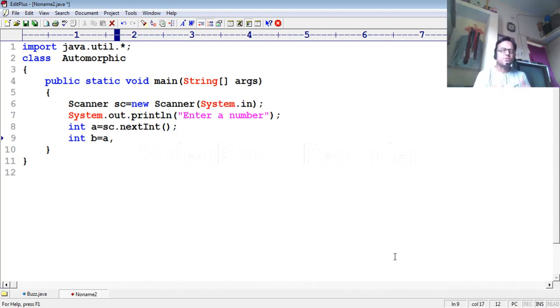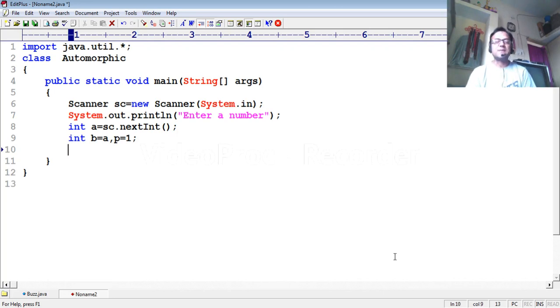So I'm going to take a variable p, and initially I'm going to initialize it with 1 because I'm going to perform the product on p. If you use 0 and then perform the product, the entire value will be 0. That's why during a product or multiplication process you need to initialize the variable with 1.